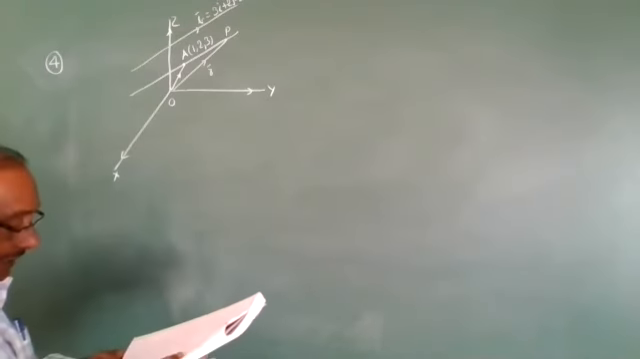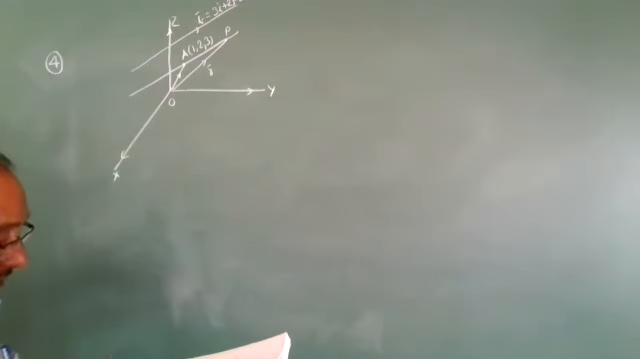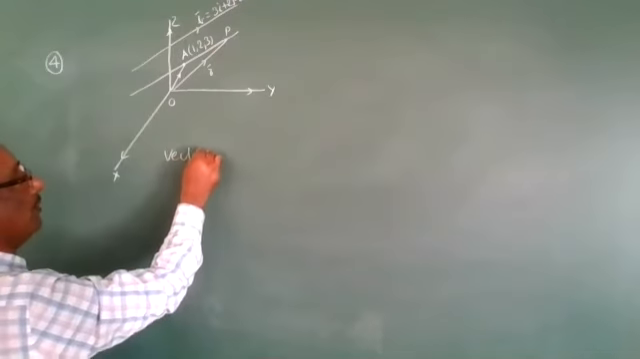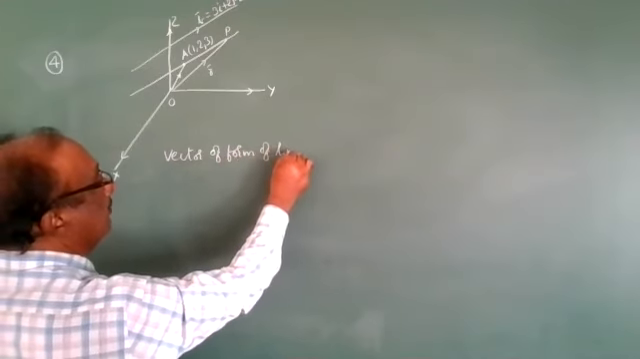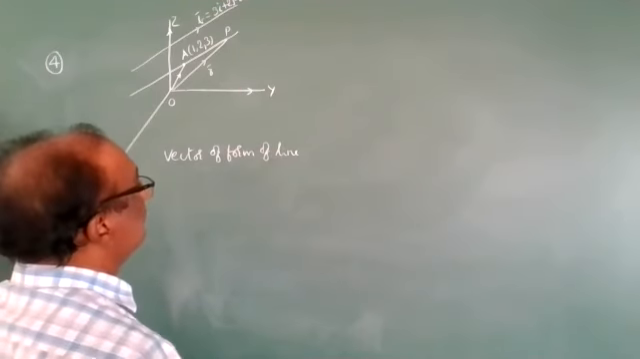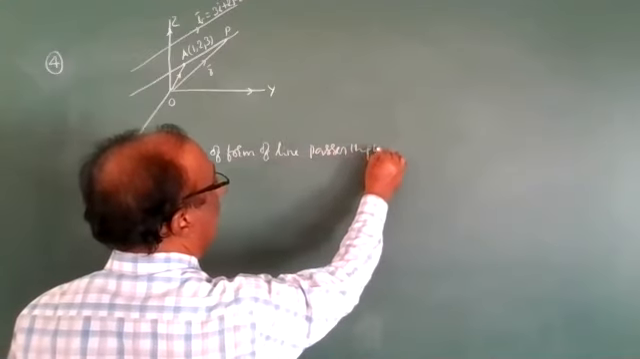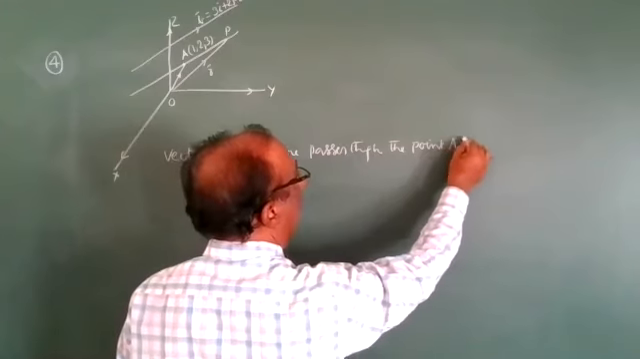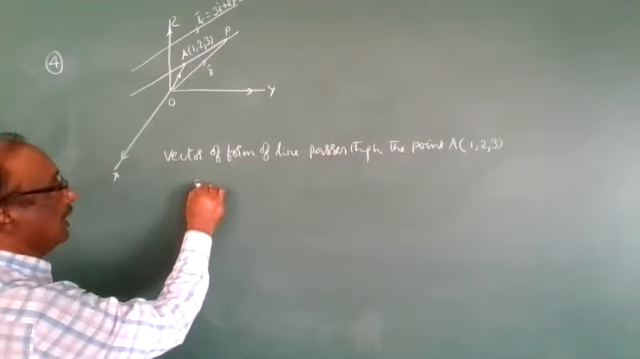Vector form is required to find the equation of the line. If it is not mentioned, it means find the vector form only. So the vector form of the line passes through the point capital A. Components are 1, 2, 3. DRs are the components, and it is parallel